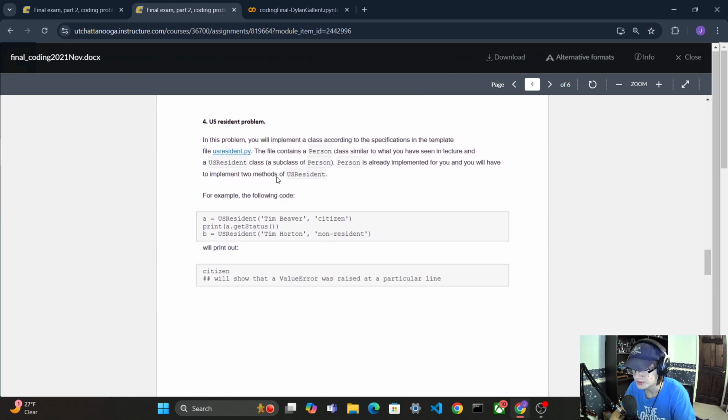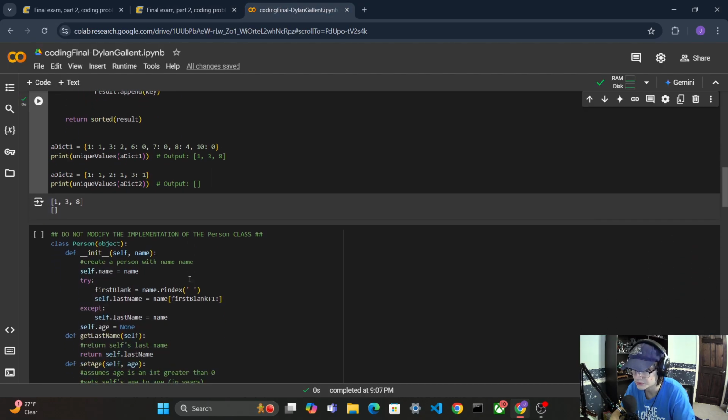The U.S. resident problem. In this problem, you will implement a class according to the specifications in the template, which we have. The file contains a person class, similar to what you have seen in lecture, and a U.S. resident class, which is a subclass. Person is already implemented for you, and you'll have to implement two methods of U.S. resident. So right down here,